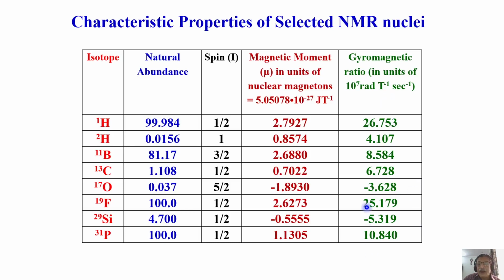What I wanted to say here is, they all have different gammas. Though fluorine and proton have nearly equal values, there is a difference. No problem for us. That small difference is enough. What it means is, all nuclei with a different gamma can be individually investigated. All nuclei in the periodic table, if they have a different gamma, can be individually studied.